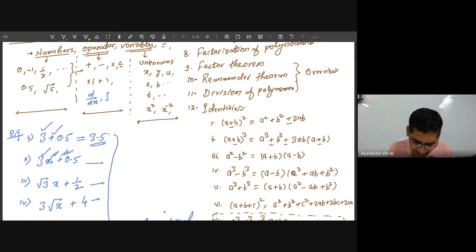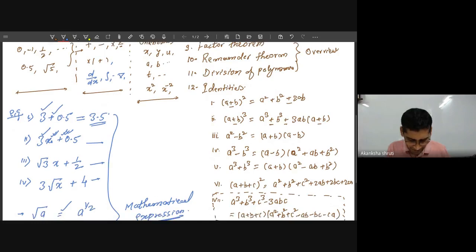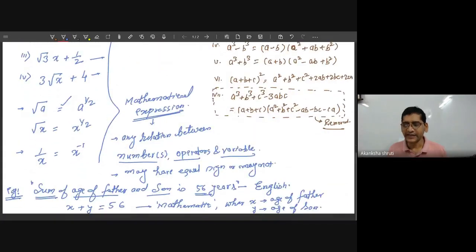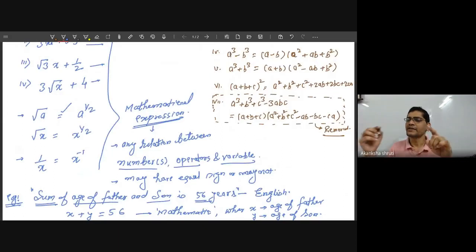If anyone is writing this symbol, it is integral. Many more are there. This one is called partial differentiation. These things are basically not required for you, but you should understand there are many operators in mathematics. It is called del operator. At your level, you should just understand that a mathematical expression means any variable and constant which are related, added with each other.